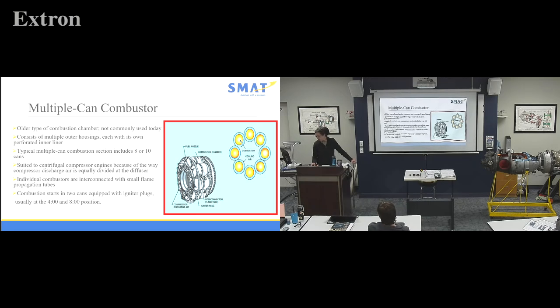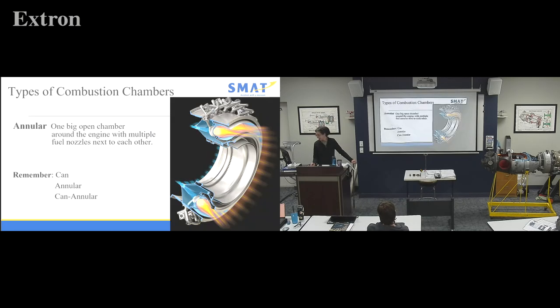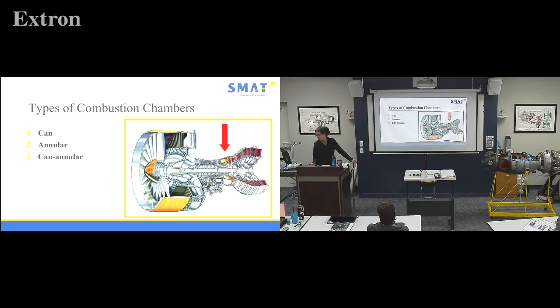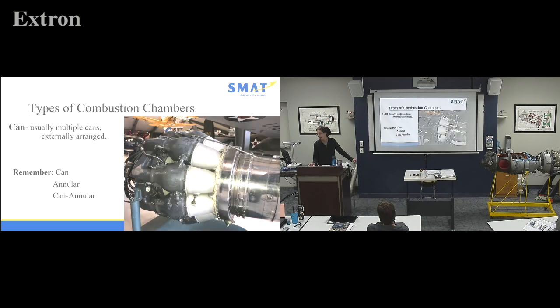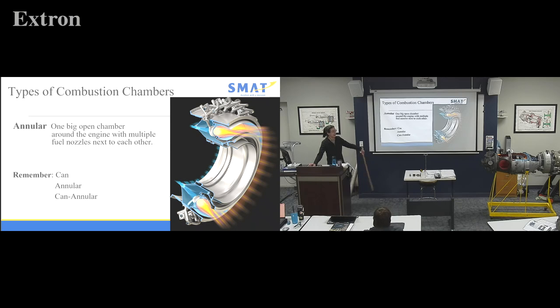Did I mistype that? Right, if it is can, it will be multiple cans. Okay. Yeah, but they're not used as much today. Multiple can, right. Okay. Yes. Because Allison uses a single can, but that's just one type of engine. Okay. Now, Allison is used in helicopters, like